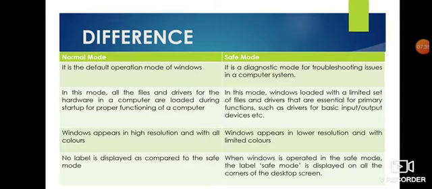Whereas in safe mode, Windows is loaded with a limited set of files and drivers that are essential for primary functions, such as drivers for basic input-output devices.